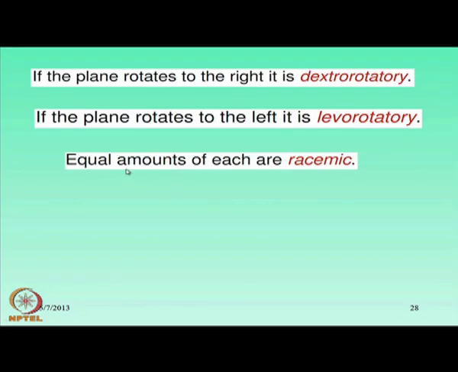So, when we have both of them together, we consider it as the racemic mixture, and that racemic mixture is not very much active for all these cases, because only 50% of the molecule is working, the other 50% is not active and which is not useful to our system for our treatment.